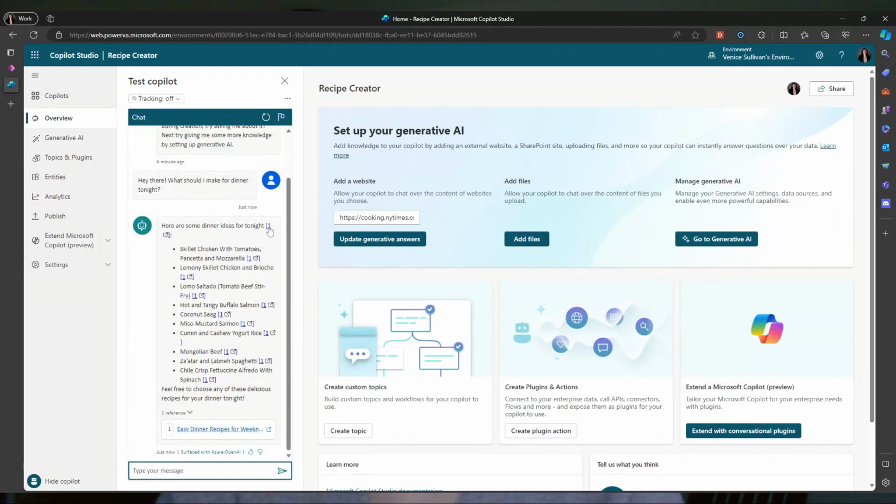And now I'm given back options where Copilot is also citing their sources, right, of where each of these things are. So that's super cool that that only takes a minute, right? This is something that is great to add to any type of external scenarios that you have, right? If you have a public facing website, a Pages instance perhaps, this would be a really easy win to add